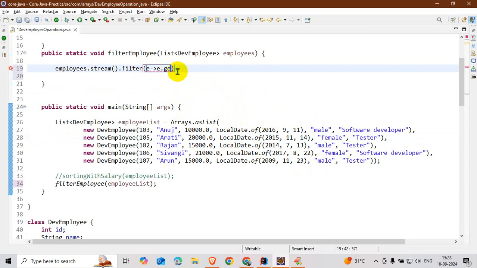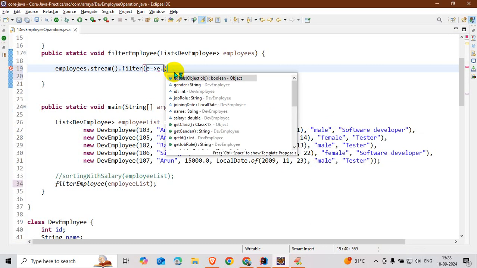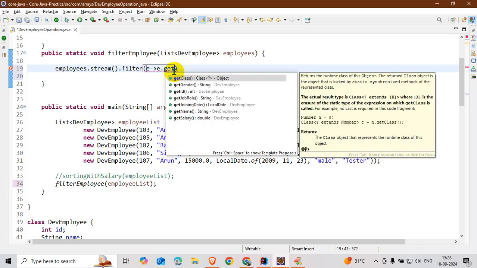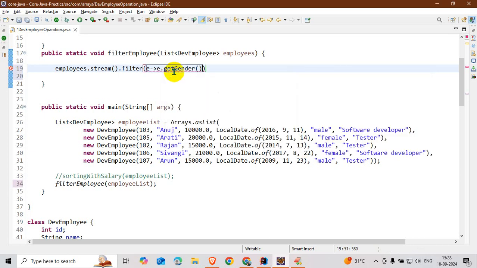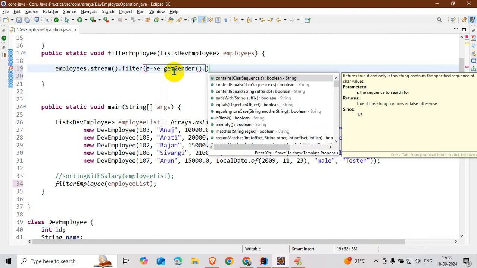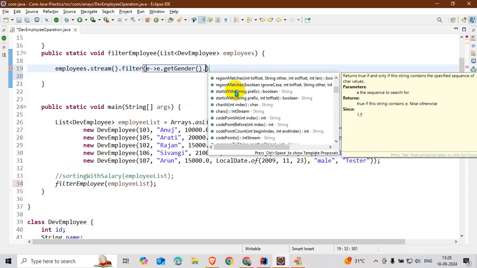So here I write the lambda expression. E is the object reference of the Employee class, e.getGender. Here we get a string object, so we can call multiple String class methods.